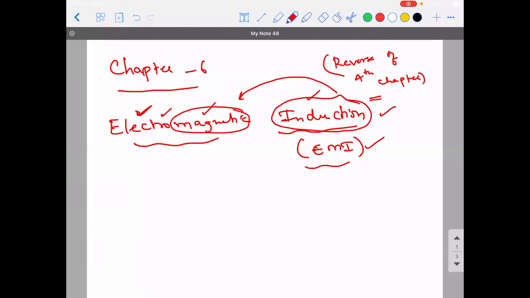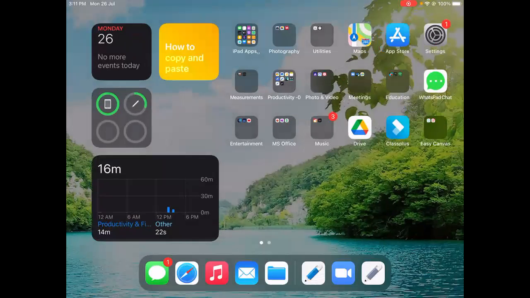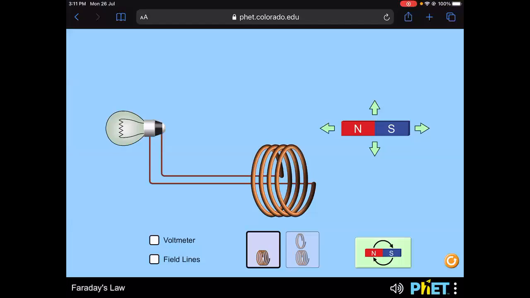Now, I'm going to show you a small simulation. See, I have a magnet in my hand, and there is a coil present. The coil is in turn connected to a bulb. Now, this magnet has